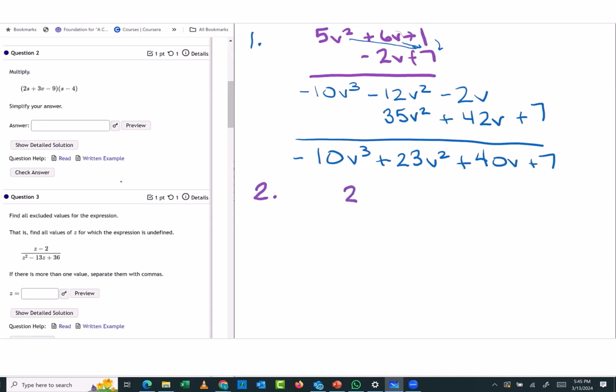Number two. Again, two. It's not going to be as great with this one because the first one worked out really nicely because everything was v's. Now I'm going to have a lot of different values. So I would say whichever way you want to do this one, it's fine. I'll do this one the same way just to show you. I'm going to multiply 2s times s. I get 2s squared